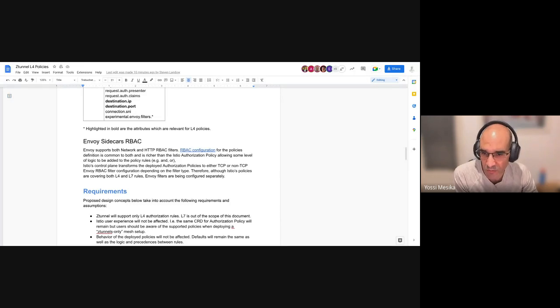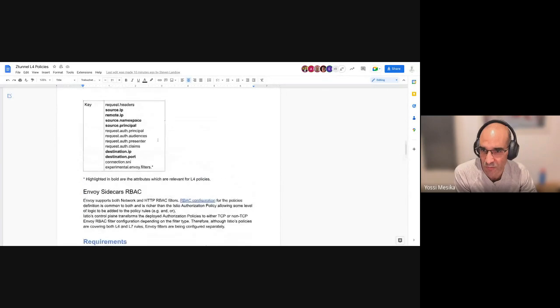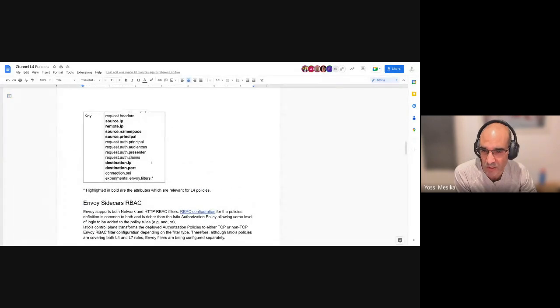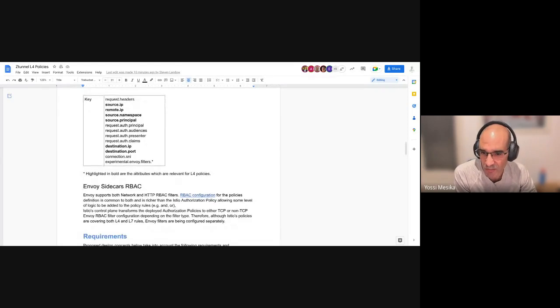We have a generator that, depending on the information we got in the authorization policy model, whether it's layer 4, over there we call it TCP or not TCP. So if it's TCP, this is configuration that goes to the